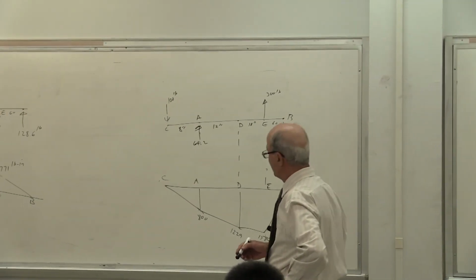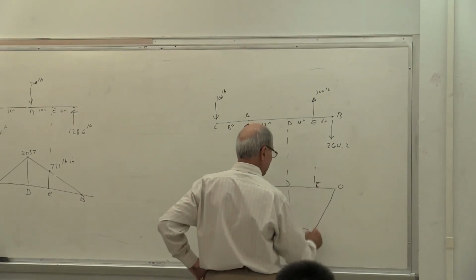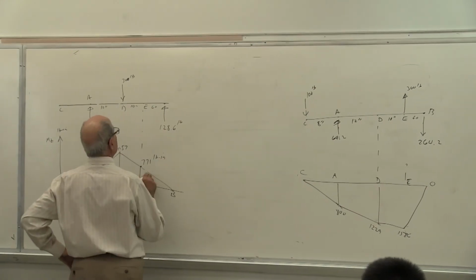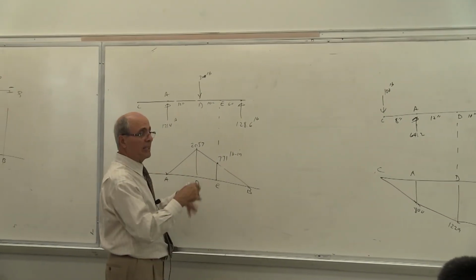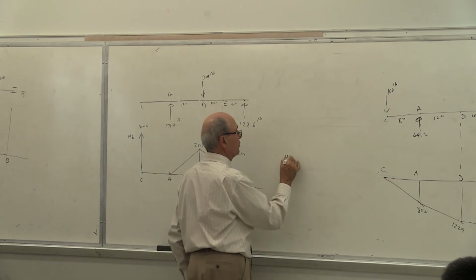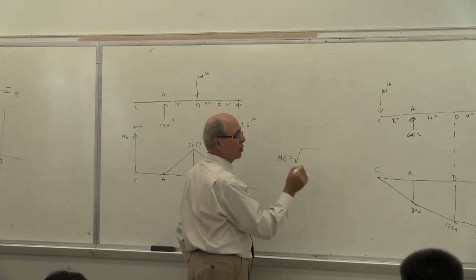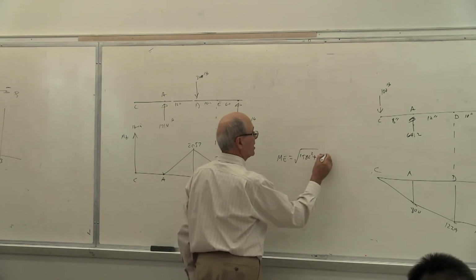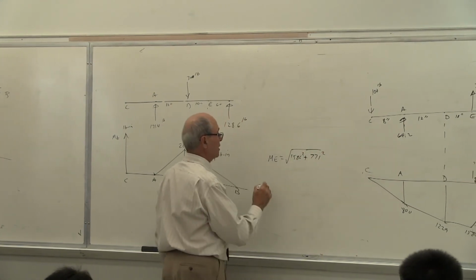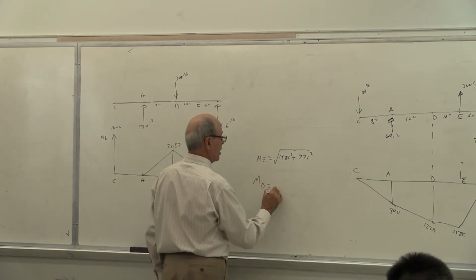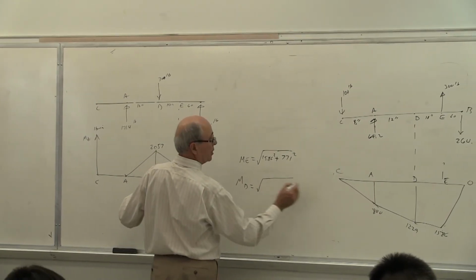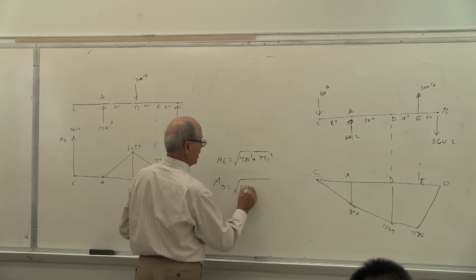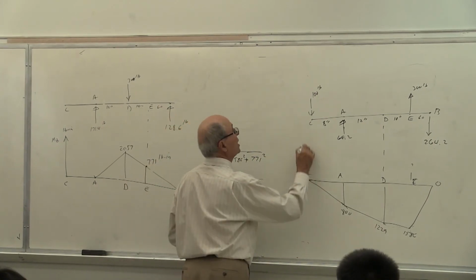It is at D. Of course, you don't need to check E because at E you have 1586 square plus 771 square. The other one, 1200 constant. I don't worry about it. So calculate like that if you want. ME total is 1586 square plus 771 square. You can calculate that if you want. However, MD becomes square root of this one, 1229 square MY. By the way, this was MY.